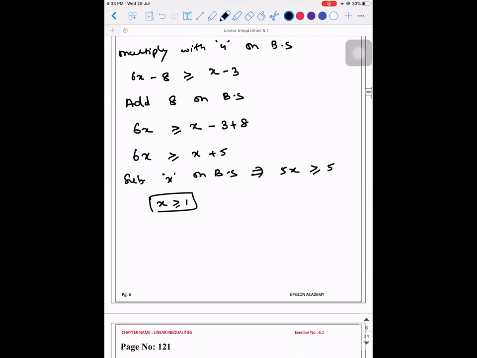So on a number line, what you're supposed to do is, if 1 is included or not? When it is included, you should put a closed circle like this. So this is the way you plot it. These lines at the bottom I'm just putting for you to understand. Since in the exam, if you're using another color pen, it is fine. If you're not able to use it, you can just put the lines like this so that they will understand. Okay, sir. X belongs to 1 to infinity. Right?